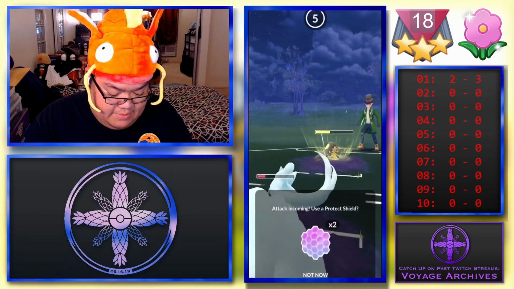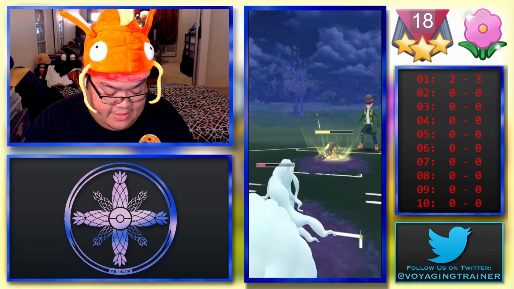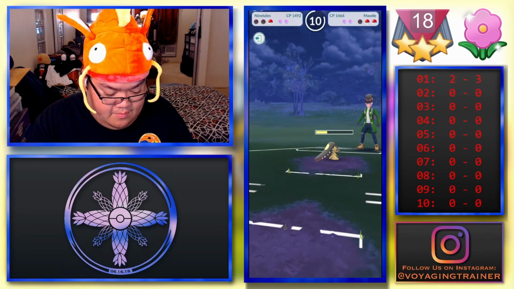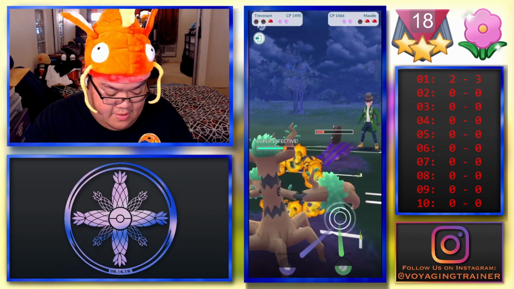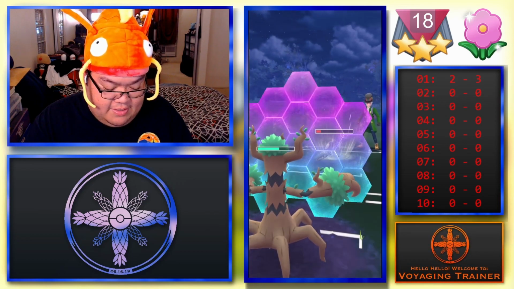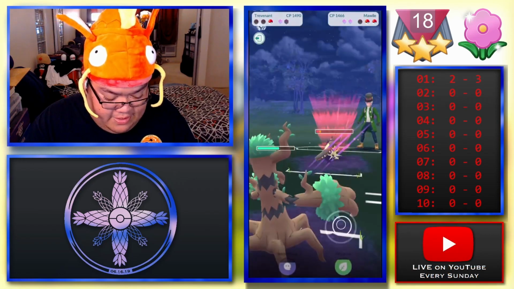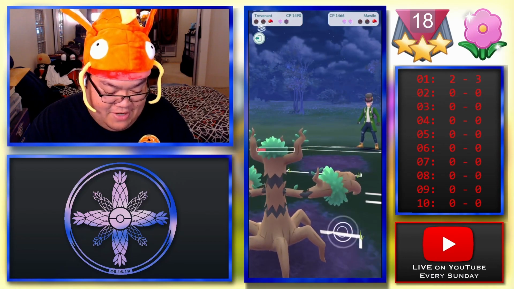Can we get another charge move going? Not quite yet. Go ahead and let our Ninetales go. I probably could use the shield here actually too. It didn't really matter too much because it was a Power-Up Punch there. The interesting thing about this is, though, that they do have both of their shields still available. And they're going to get themselves quite a good amount of damage in with the rest of their Mawile before the Mawile goes down, so...